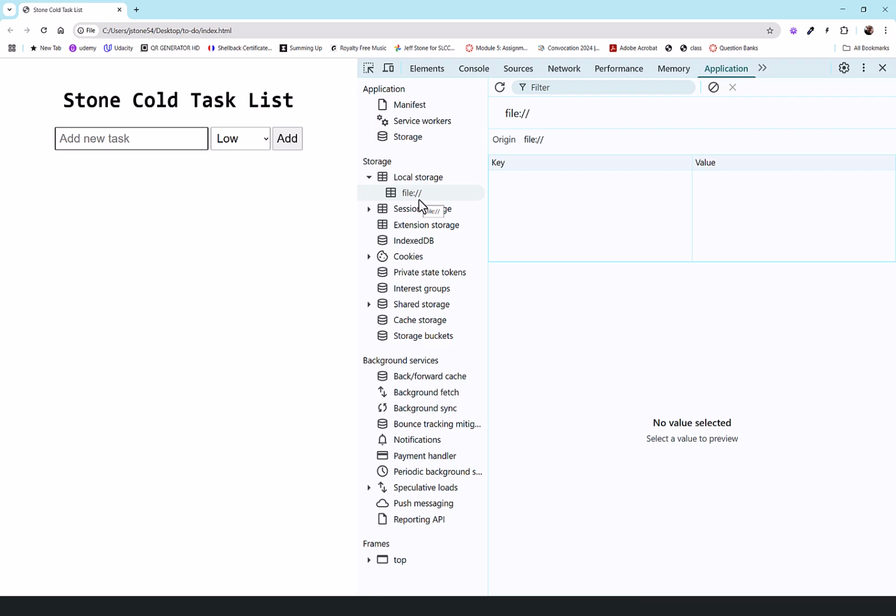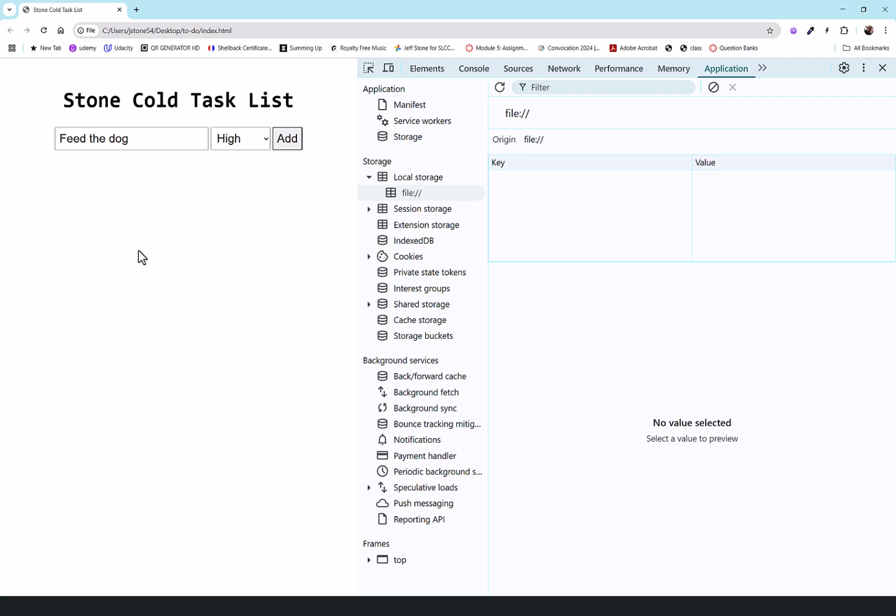All right, now let's actually enter some tasks and let's talk about what happens in local storage. Again, you can see over there on the right, there's nothing there in this file section, right? That's where the storage stuff would be. And so first task, feed the dog. And by the way, I hit tab to get there, and that just happens naturally with the way HTML forms work. So we're going to go down to high priority. And in this case, when you're in a drop-down box, I can't just hit enter because it'll just drop the box down. So in that case, you do have to hit tab to hit add, or they have to click it. That's the only time where that's the case.